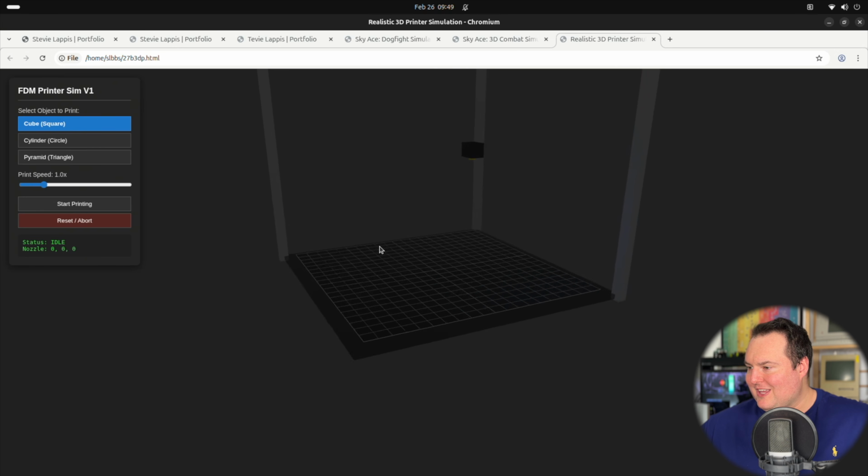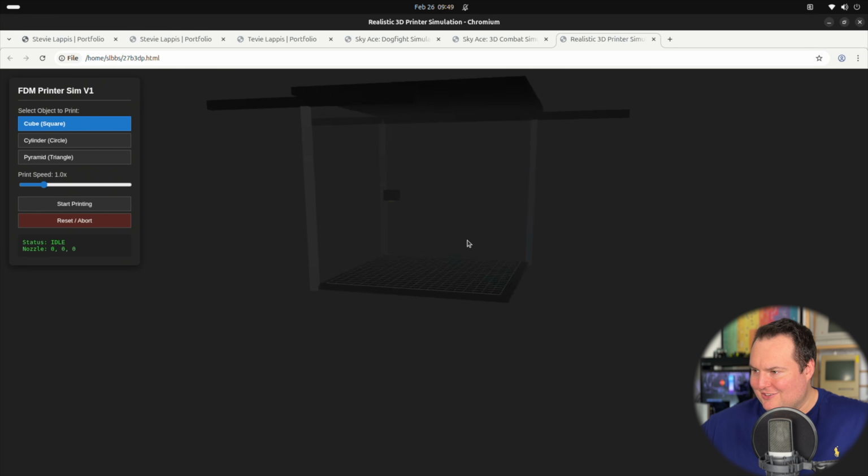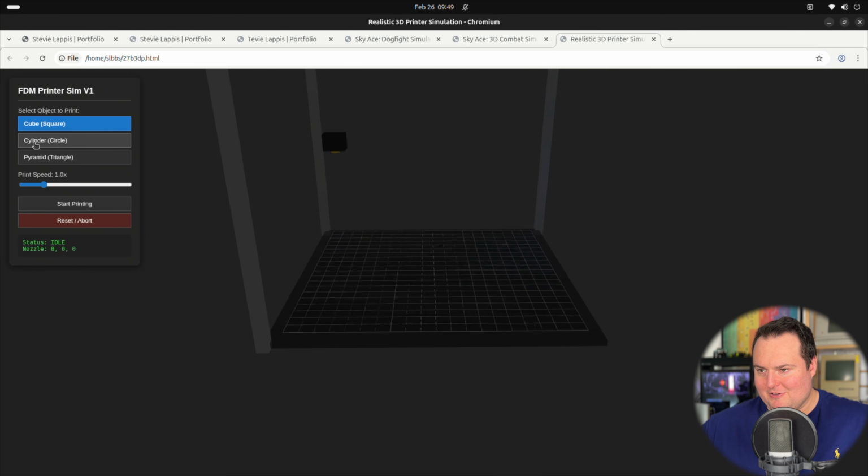This is mostly correct. There is some odd behavior here in terms of the design aesthetic of the printer, but regardless, it does seemingly show us the printer on first glance. We also do have coordinates of the nozzle and its status, so let's just see if it prints. Nice smooth movement, and we can see that, oh, okay, so we could see the coordinates did update, and it